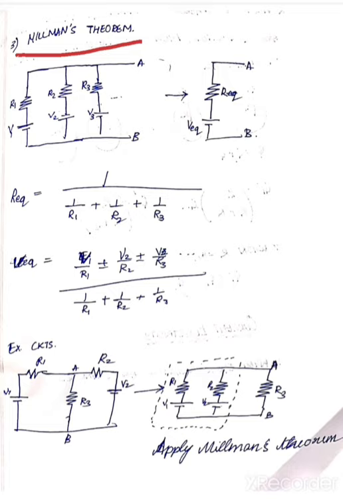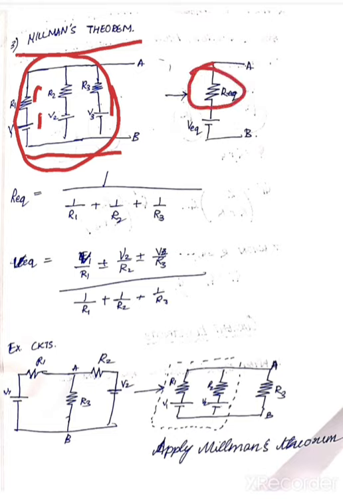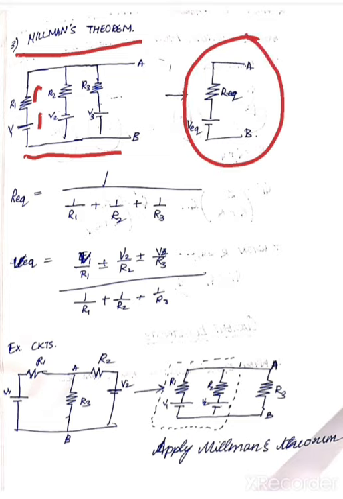Now this theorem states that when a resistor and a voltage source are connected in parallel like this, these can be converted to a single equivalent resistor and an equivalent voltage, right? Now here, in this part where AB is connected, just a single resistor can be connected, or it depends on the question. So when you get the final circuit as this,